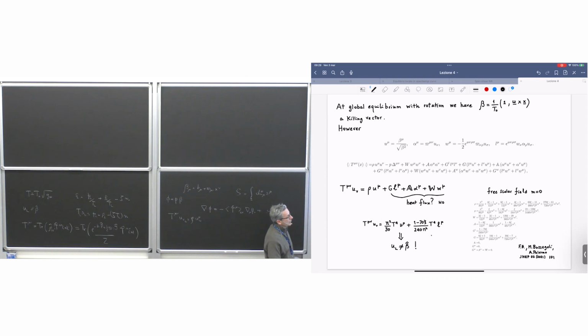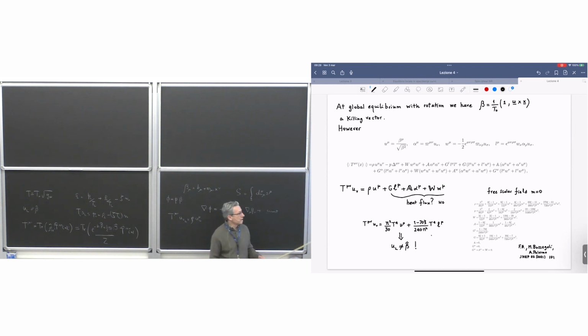And it is found out that these coefficients vanish, but this coefficient does not. And therefore, T mu nu U nu is equal to, well, the usual pi squared over 30 T to the fourth. This is the usual massless scalar field energy density times U mu plus, and then there is something which